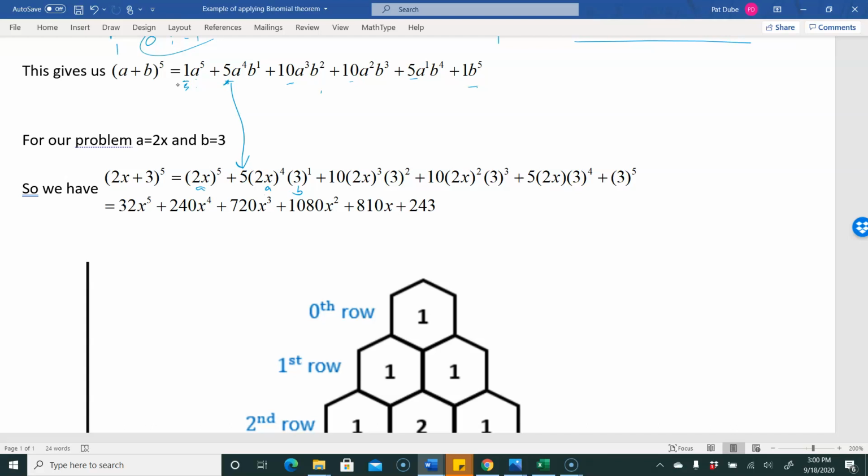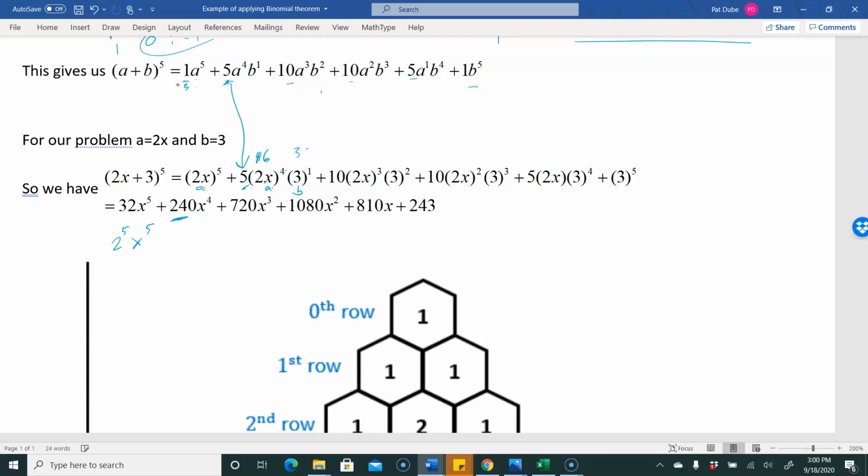and then I have to be really careful with my algebra. (2x) to the 5th is not 2x to the 5th. It's 2 to the 5th, x to the 5th. Little algebra reminder there. Same thing here. I've got 2 to the 4th, x to the 4th. So I get the 240 from 5, and that'll be a 4 times 4, that won't be a 4, that'll be a 16, I'm sorry,